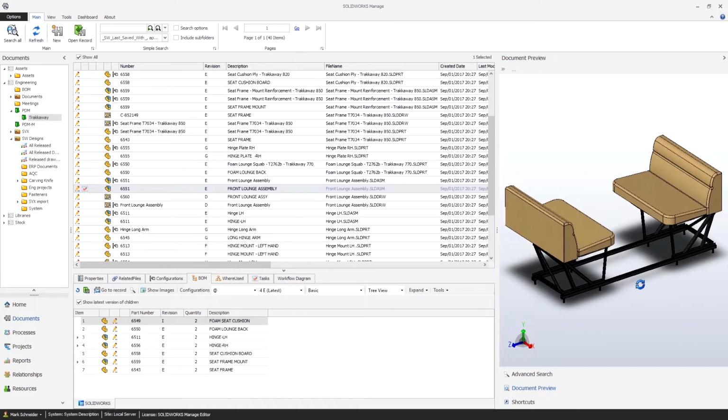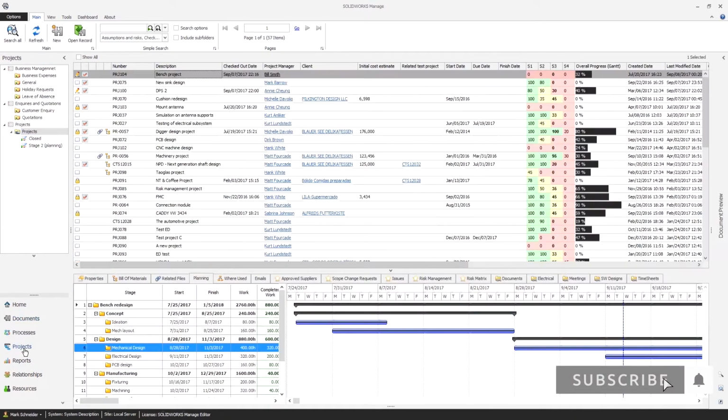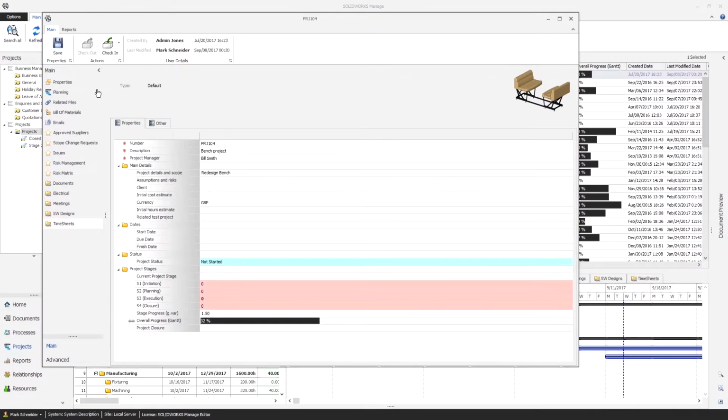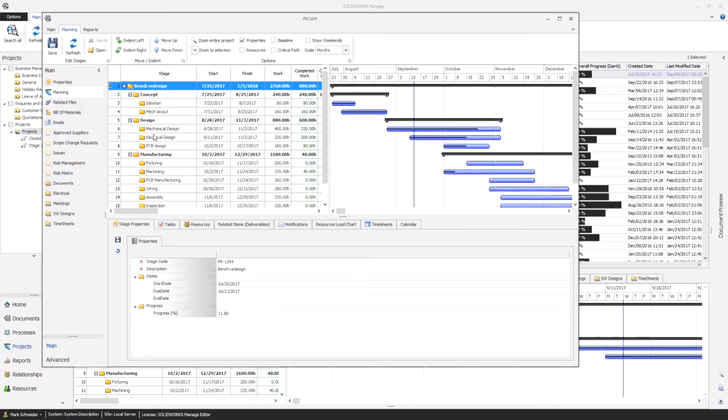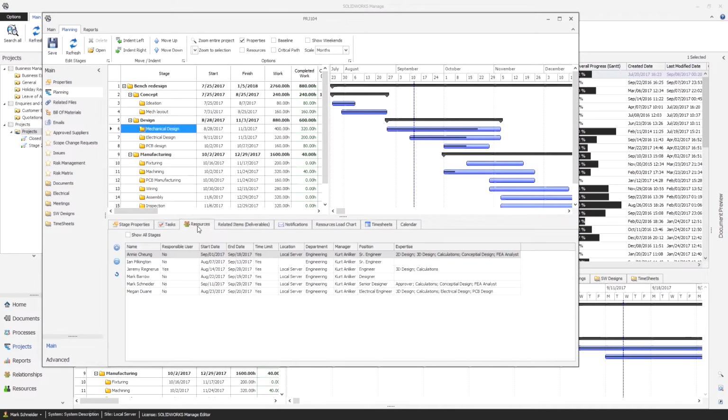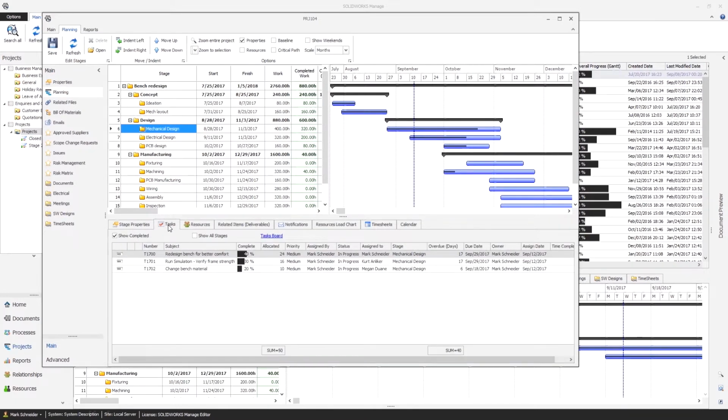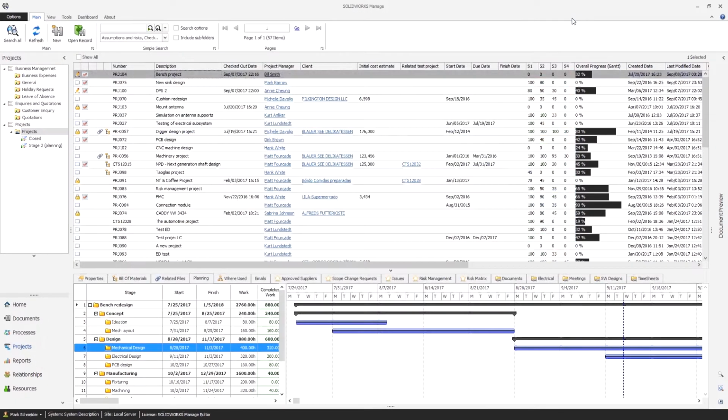separate, disconnected programs. The project management functionality allows organizations to plan each stage of the project, assign resources and tasks, and attach any required documentation to the project. SOLIDWORKS Manage makes it easy to keep track of live projects, as whenever a user completes their task, the overall progress of the project is automatically updated.